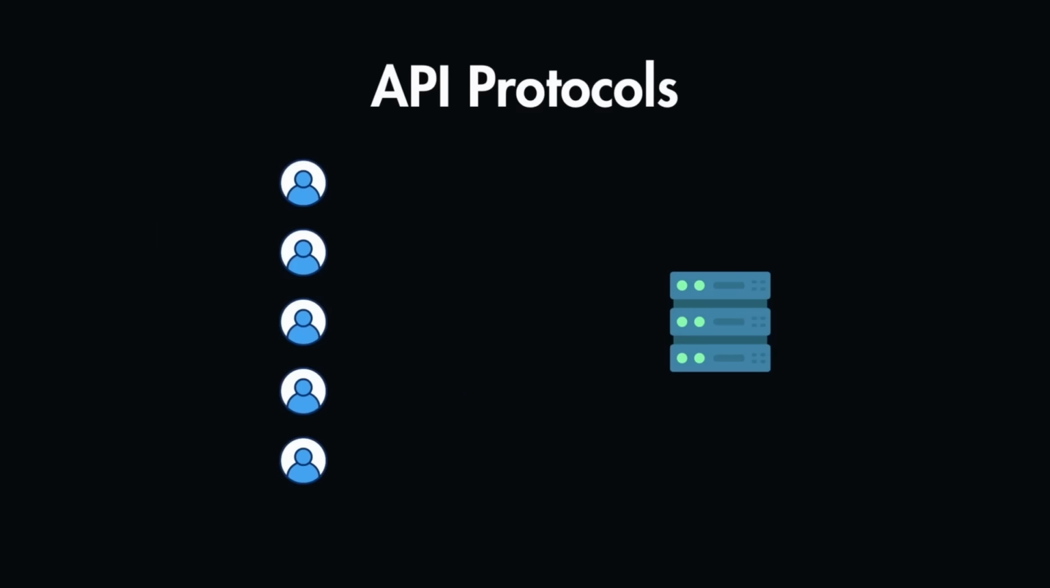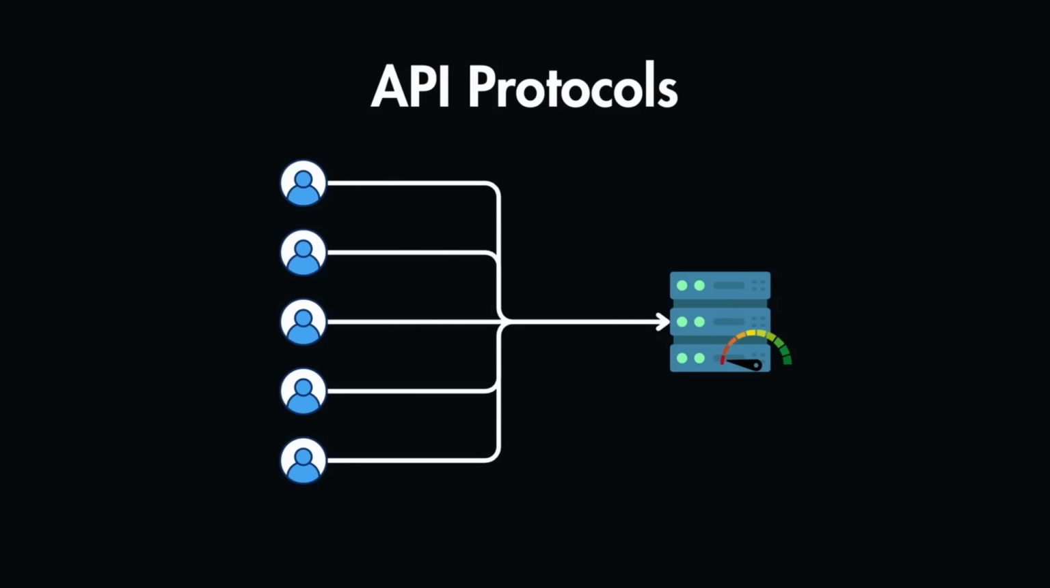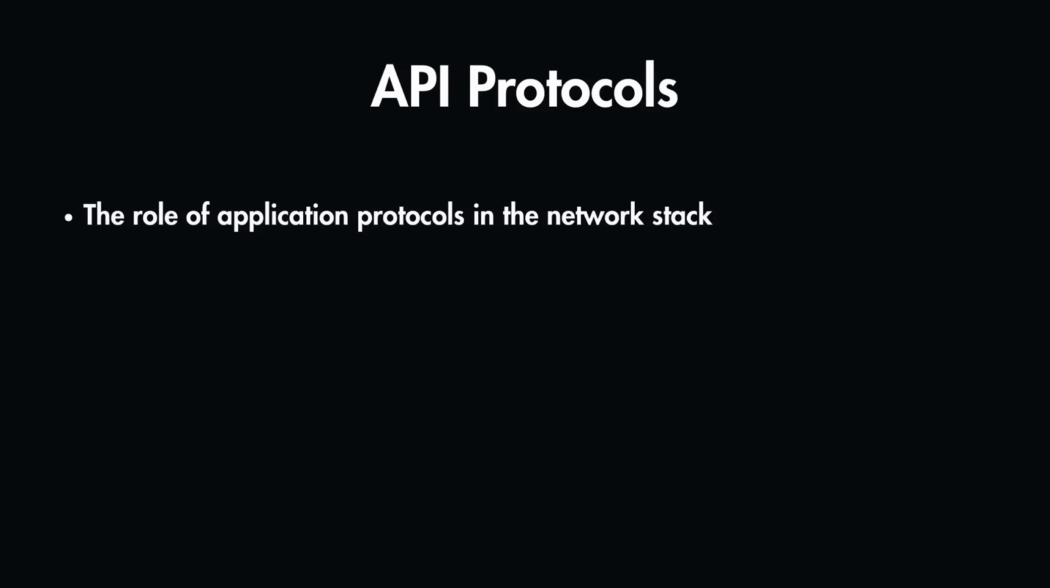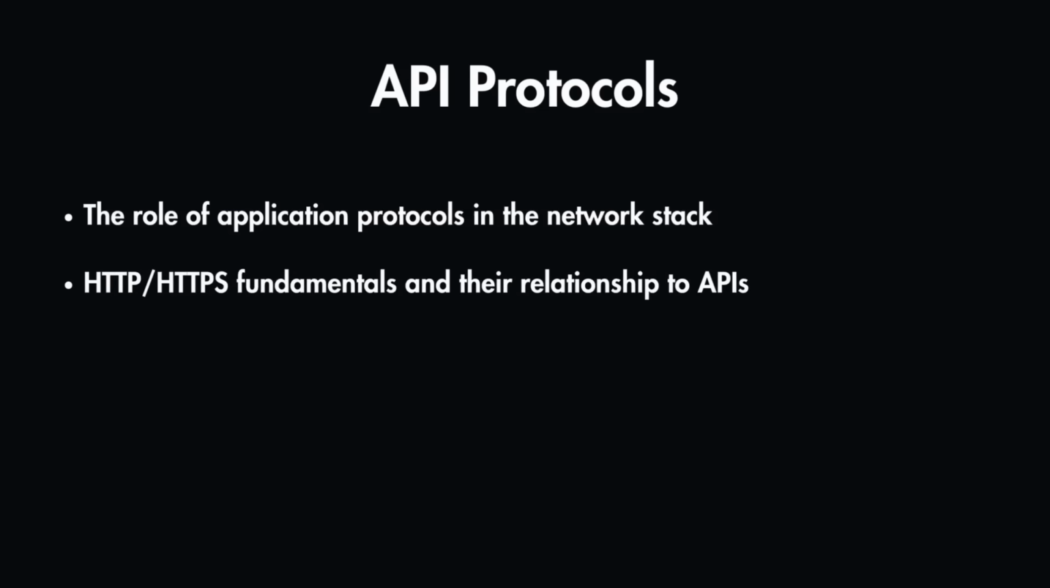Choosing the wrong protocol for our API can lead to performance bottlenecks and also limitations in functionality. That's why we need to first understand these protocols, which will allow us to build APIs that meet our specific user requirements for latency, throughput, and also interaction patterns. In this lesson we'll cover the role of API protocols in the network stack,